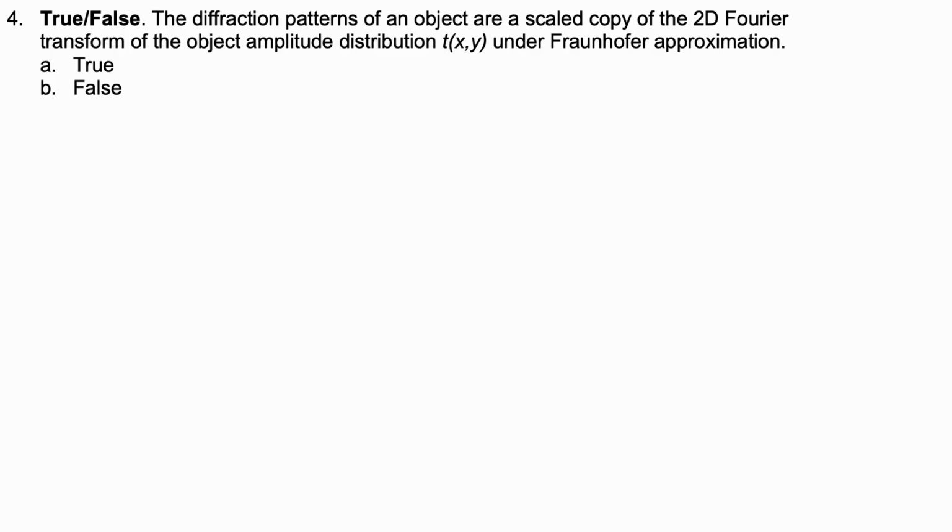Today's video is about solving some multiple-choice questions for module number 4, whose topic is Fourier optics. The first question is a true-false question, and it asks whether the diffraction patterns of an object are a scale copy of the Fourier transform of the object amplitude transmittance t under the Fraunhofer approximation. So basically what we know is that